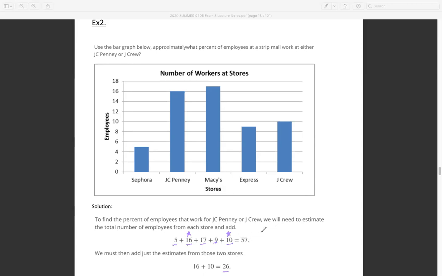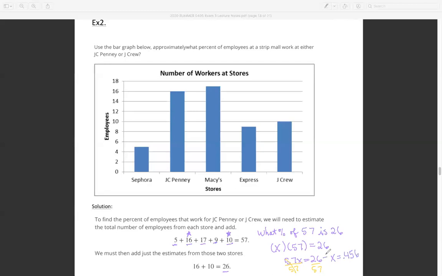So if you write that out, it looks like this. What percent of 57 is 26? And then you can just translate that into an algebraic sentence. So what percent would just be your x, and then of means multiply. 57 is equal 26. X times 57 is the same as 57 times x. And then how do you undo multiplying by 57? You just divide by 57. And then we're getting x equals